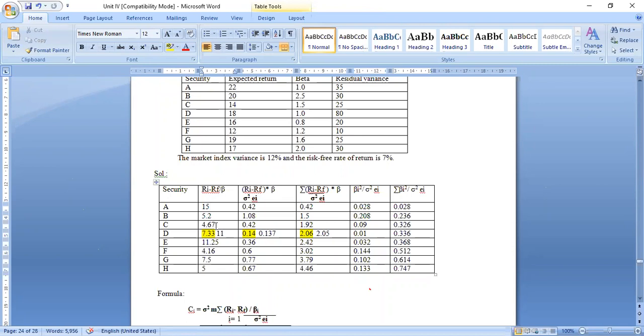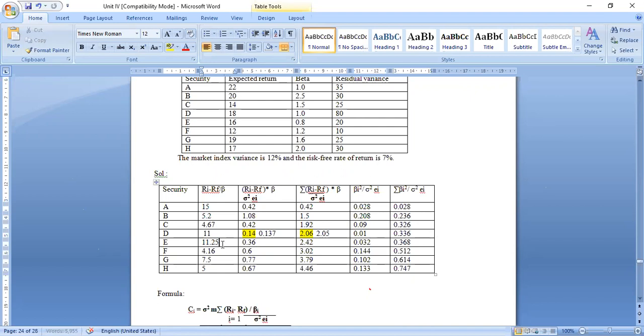You will get 4.66. It is recurring, so you can take it as 4.67. Okay. Then for D, 18 minus 7 divided by 1.0, you will get the value as 11. So I have made a mistake here as 7.33. I have just highlighted this here, I will just erase it. The value comes to 11. 18 minus 7 is 11 divided by beta 1, you will get it as 11. So I had written it as 7.33, so I just delete this. And the same will have a certain change for the rest of the columns also.